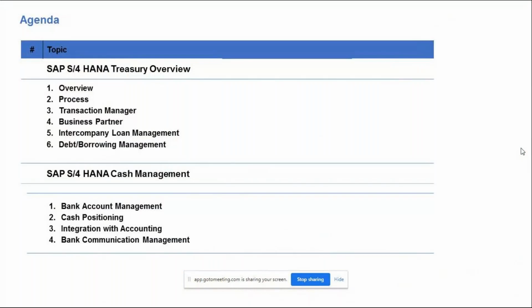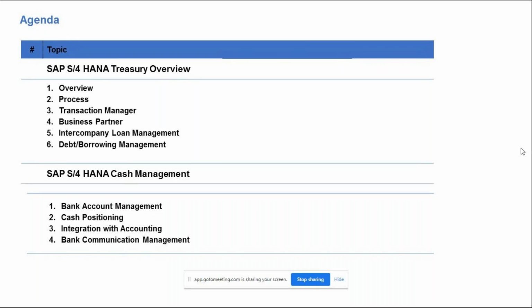So let's first start with what we are quickly going to cover in this process. We are not going to go into any details. It's a 1 hour demo. Maybe if there are questions, it might stretch a little bit more, but we are not going into details into the system. We'll try to show you the treasury process, how it works, what the SAP specific treasury processes are, and how we can best implement the treasury.